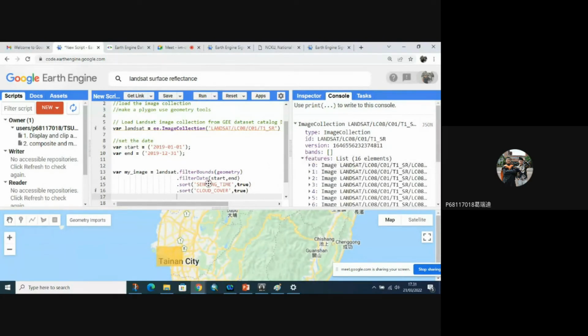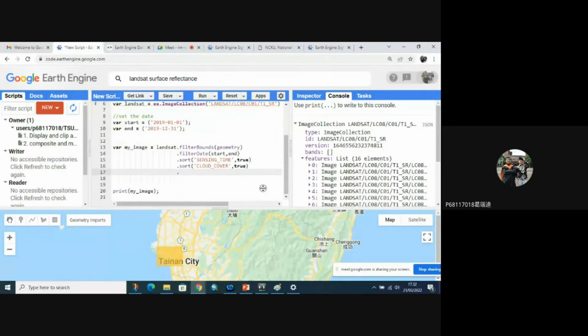The first is based on the sensing time, and the second is sorted by cloud coverage. The best one will be sorted in the first images, and then maybe filter metadata.